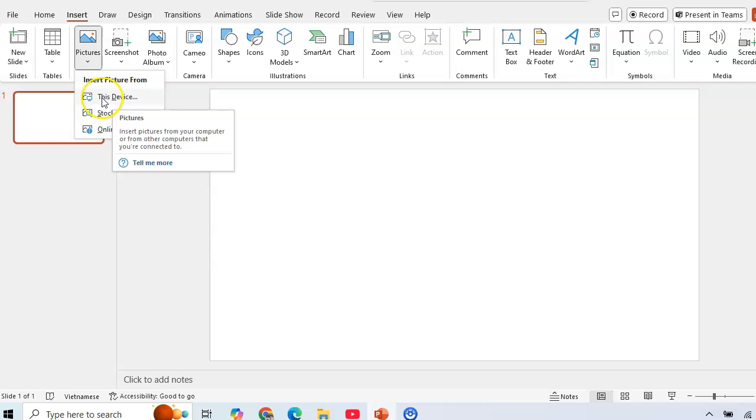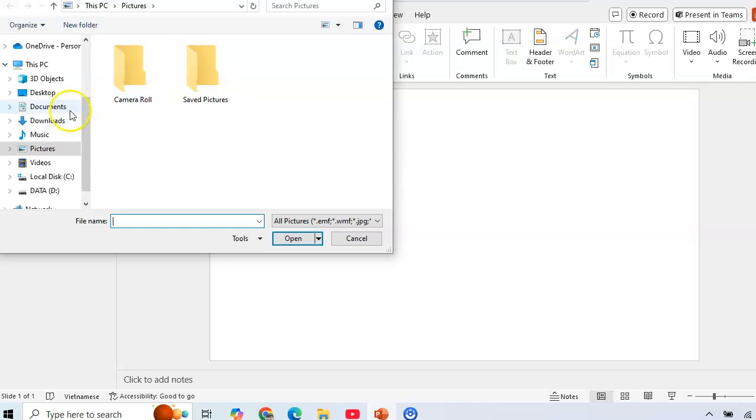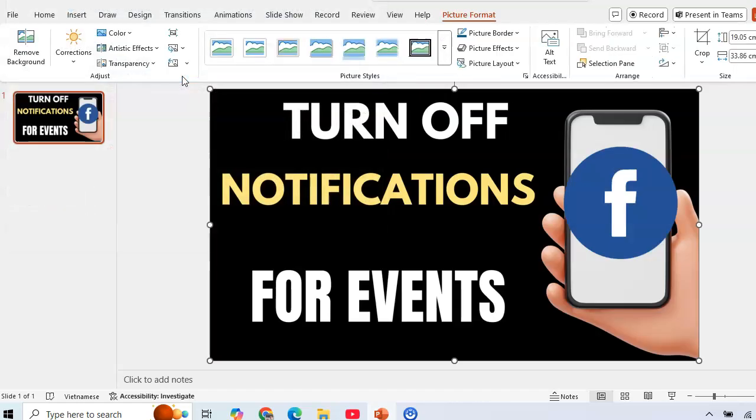I have the picture in this device, and then select the file where is the picture. I have here on downloads. Okay, I can use this one for example,